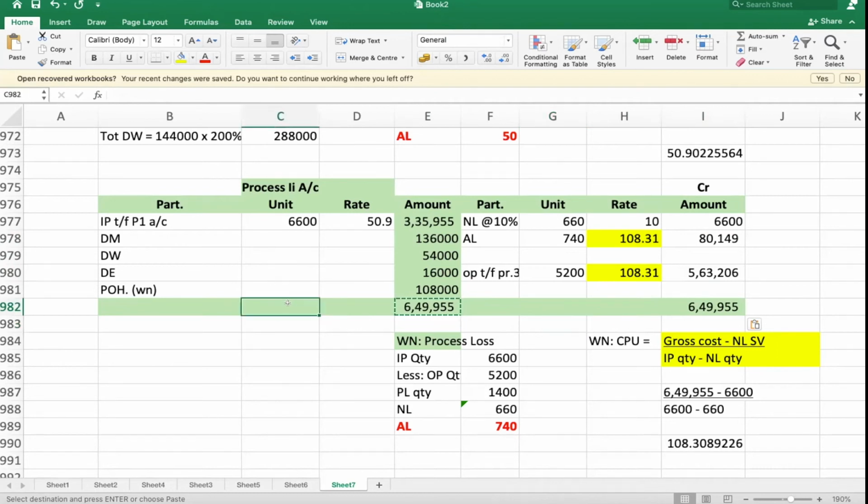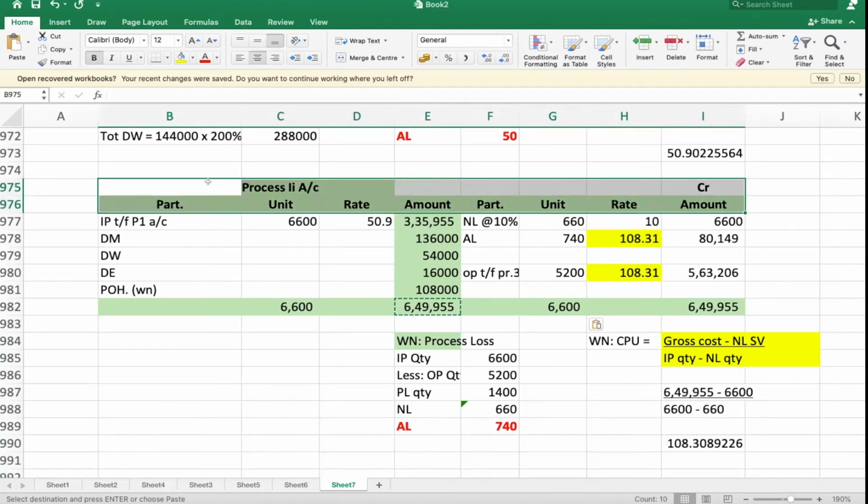So, tallied or not? Yes, sir. Quantity column also tallied, no? Good. So process two is easy or not? Yes, sir. Now, shall I go to the next process? Copy it. Wait for copying. Completed, sir. Good.